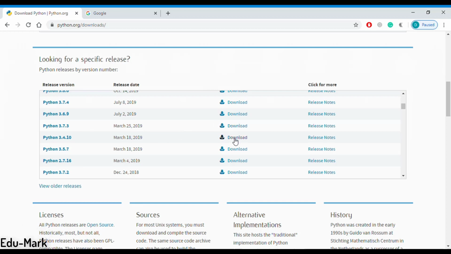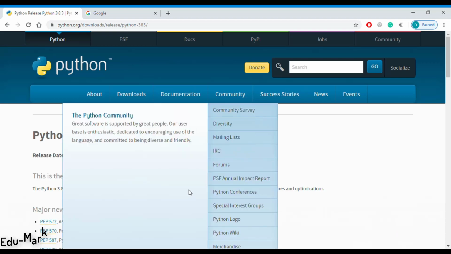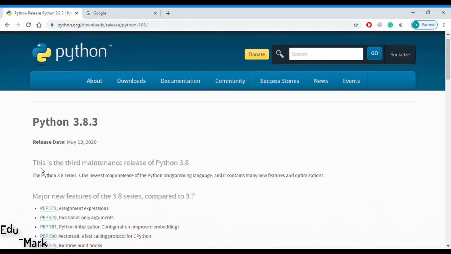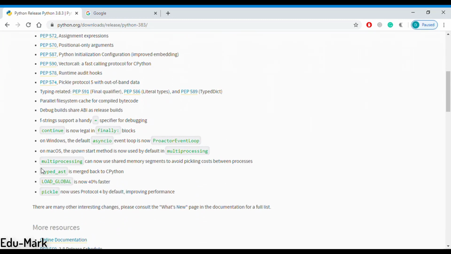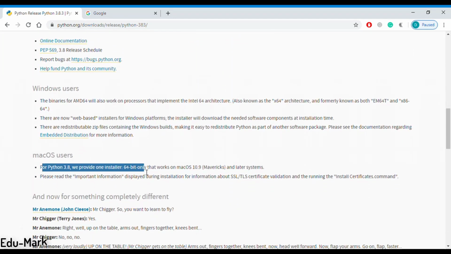As you can see, I'm highlighting it over here. We can click on download and it will redirect us to the download page of Python 3.4 for Windows 7. You will just scroll up and I will show you how to install the latest version. The installation process is the same for Mac, Windows, and other operating systems. Only Linux uses the command prompt; you have to use the terminal with command language. At the end I will show how to download and install it for Linux as well.